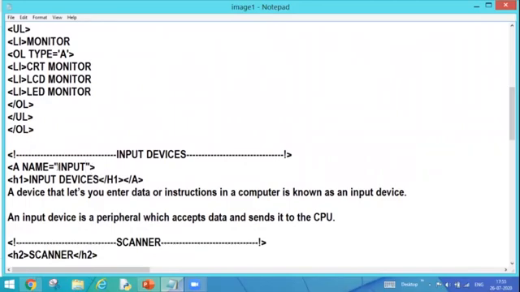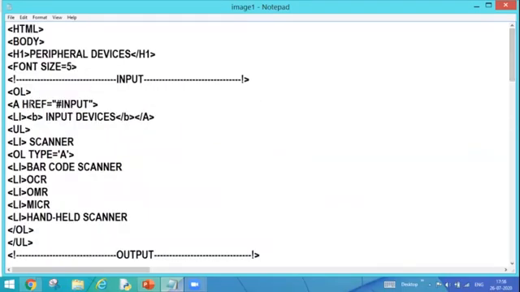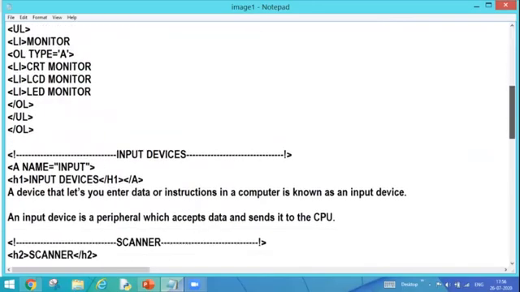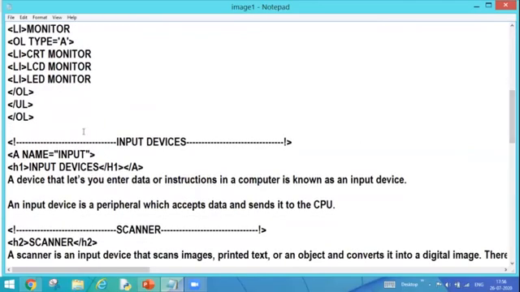So the same name is written over here, but the only difference is that here I'm using it without hashtag. And one more difference is that once I'm going to create a link, I am supposed to use my href attribute, but once I'm going to accept the link, I need to mention this name attribute. That yes, this is the name of my link through which it is connected, right?